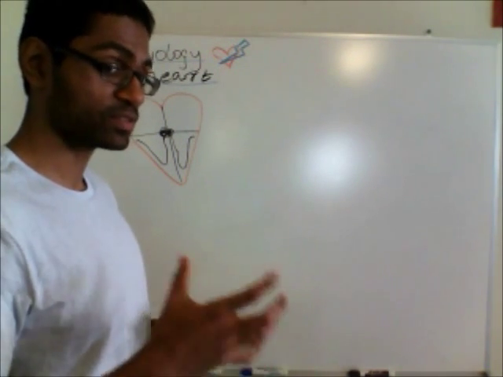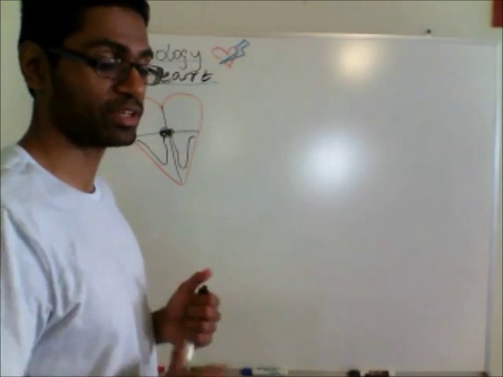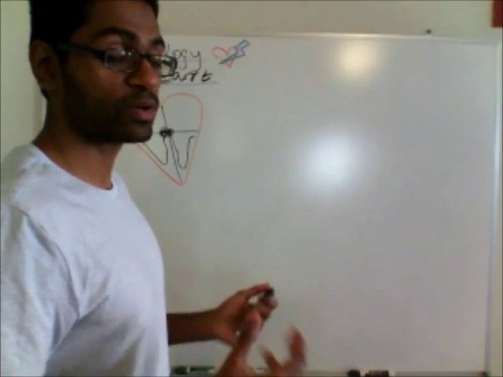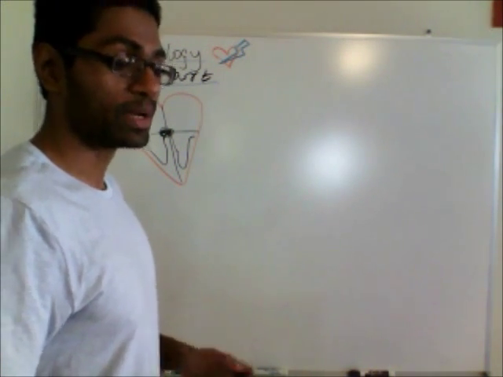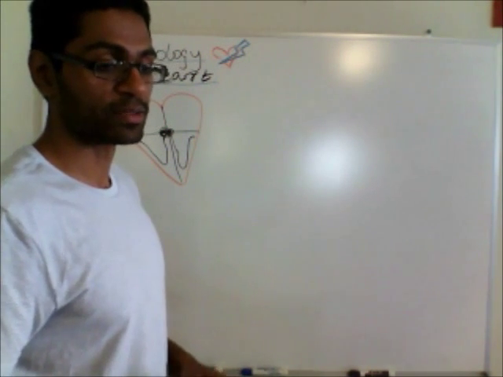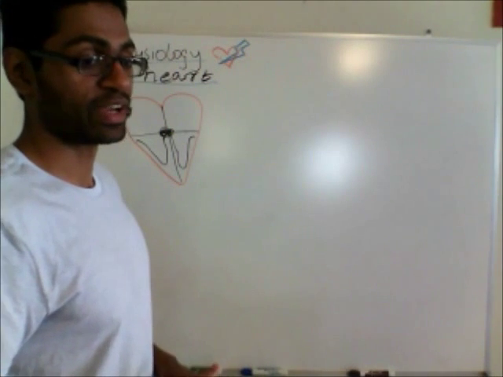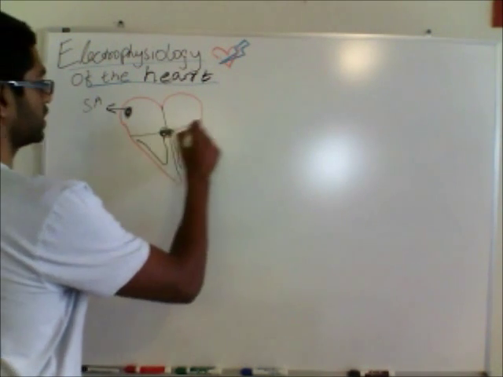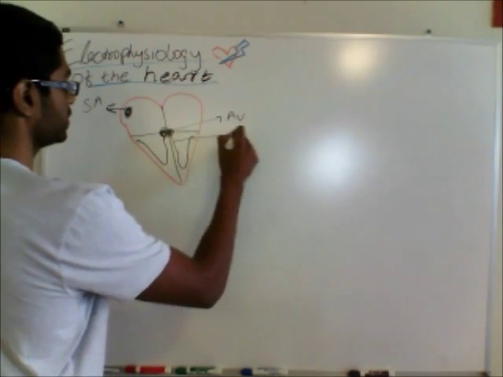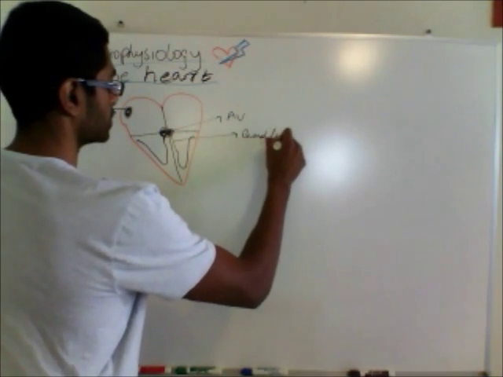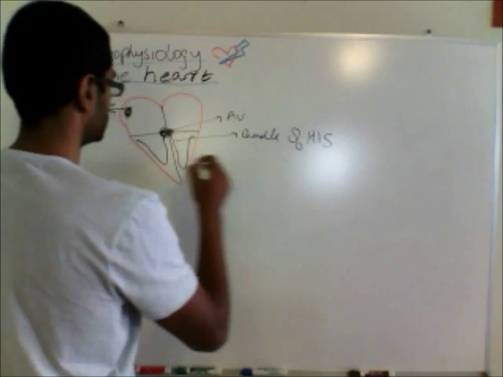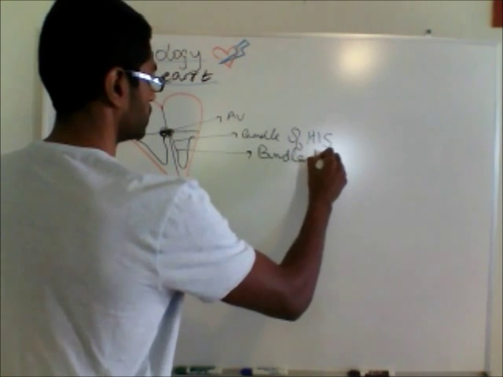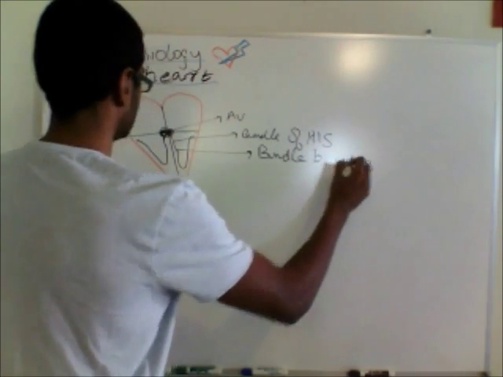Okay, now we've already mentioned that the SA node is most important. It is the fastest, so therefore that's what controls the contractile activity of the heart. Okay. Next, we're going to talk about the speed. So SA node, we mentioned, is already fast. AV node comparatively is slower, and then finally, Purkinje cells and the bundle cells are pretty fast as well. Okay, so just to make sure you guys all have it, SA, AV, bundle of His, bundle branches,